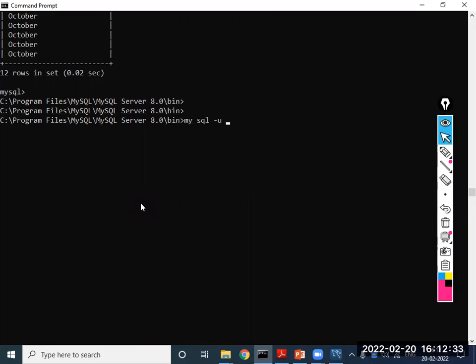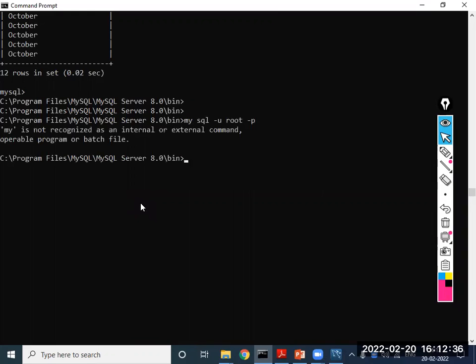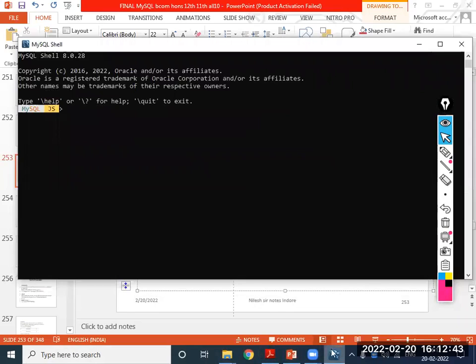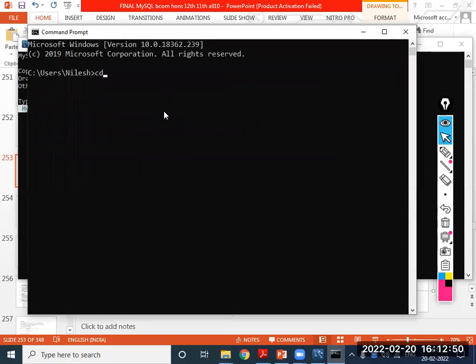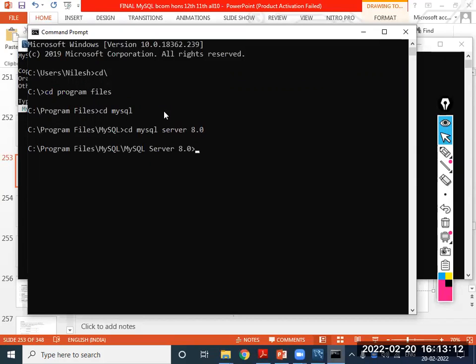So from cmd: cd program files, cd mysql, cd mysql server, cd 8.0, cd bin. Then mysql dash u root dash p.